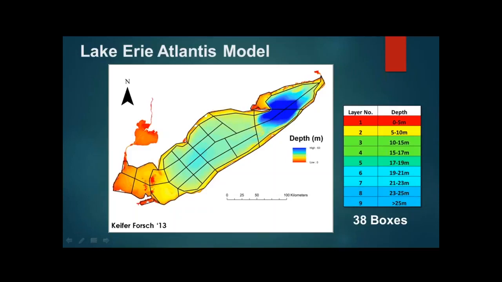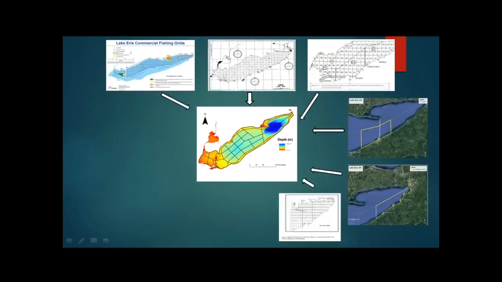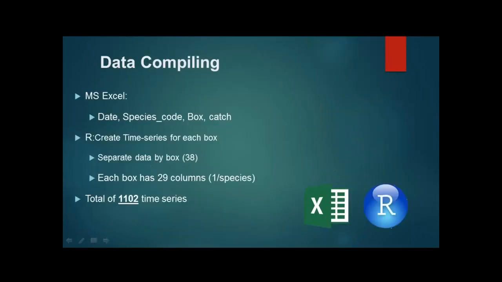This shows it. The majority of the work that I did went from translating the data that I collected from all the different maps that I showed you into a way that Atlantis would recognize it. So I spent a lot of time processing that data in Excel, making sure that we had the date distribution that we wanted, making sure that we had the species that we wanted, separating all the map information into boxes and creating that catch. Once I did all of that curating data in Excel, I went to R